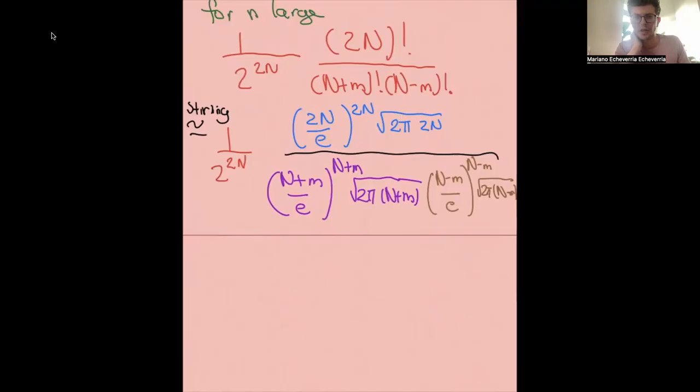So what's the first thing that you can notice? There are a couple of simplifications that already start happening here. The first thing you can see is that the stuff that has e cancels out, because here you get e to the 2n, and when you multiply the exponents, these two exponents add up to 2n. So the same factor of e appears everywhere, so that goes away, which is nice. So you get 1 over 2 to the n.